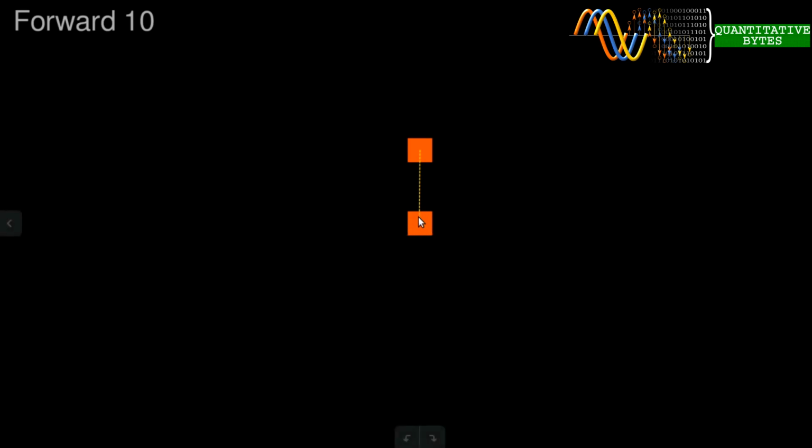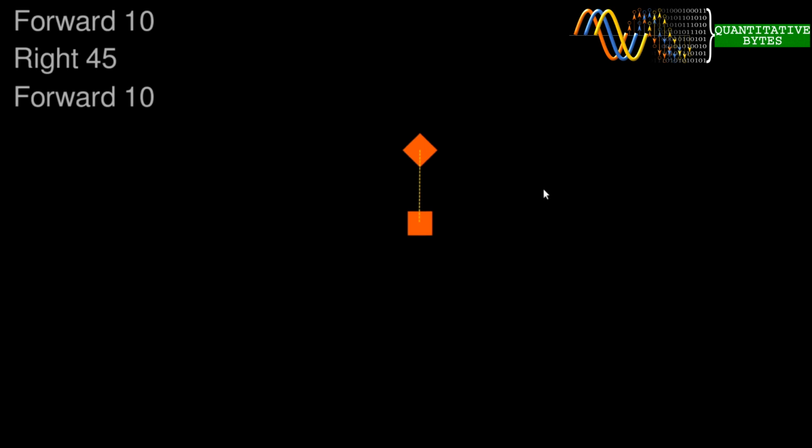So this is our starting position, and now our turtle has moved forward 10 units and has traced a line here as it went. The next command we might issue might be something like right 45. This would make the turtle rotate to the right by 45 degrees. So you see it is now facing in this direction. And now if we were to issue another command like forward 10, then it will move in that direction by another 10 units. And you can see that with this very basic system, you could actually start to build up